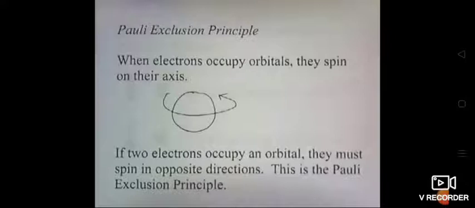The electronic configuration of multi-electron atoms can be written by using one principle, that is the Aufbau principle. What's the name of the principle? Aufbau principle. Aufbau is the German word for building up. So the Aufbau principle states that in the ground state, orbitals are filled in the order of increasing energy.